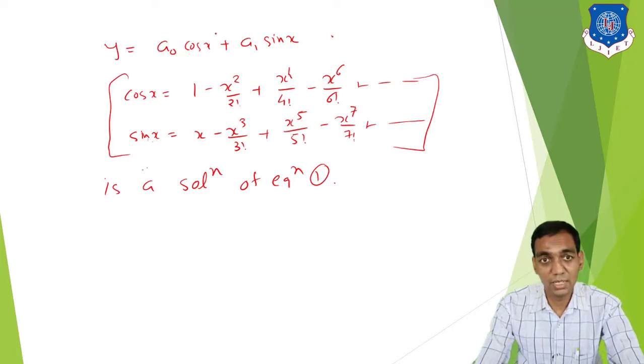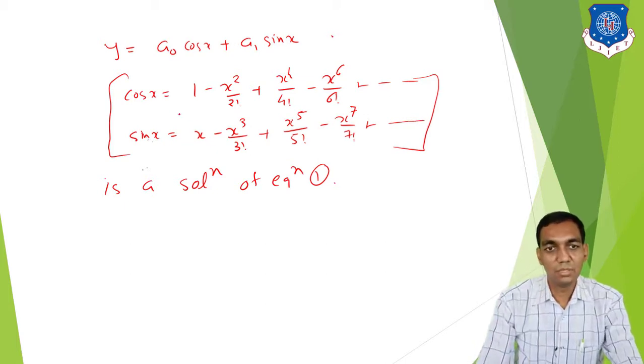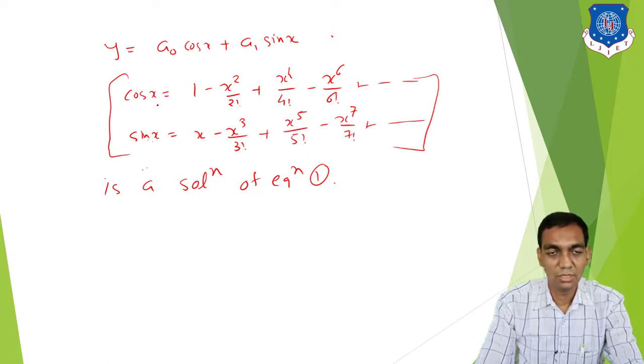Now see, it is not necessary that you write down your solution in this form. But remember that you have two constants here. Why? Because the order of your differential equation is 2. Correct? So if you have a second order differential equation, then two constants are there. If you have a first order differential equation, then you have one constant. So this is the method to find the series solution of an ordinary differential equation near an ordinary point.